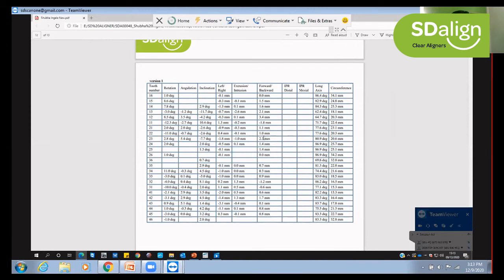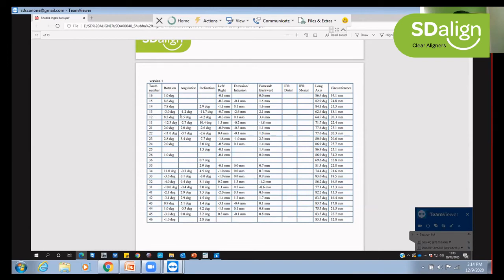Now also if you see, 2-3 has also moved quite a lot backwards and forwards, and extrusion intrusion is only minus 1 for the 2-3. So these are the major movements for the canines. Inclination wise also, see, 1-3 has got maximum correction, 11 degrees of inclination correction. Also angulation is where we can also see some amount of torque inbuilt.